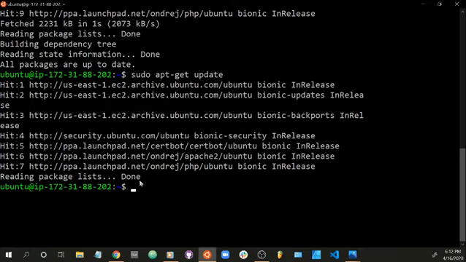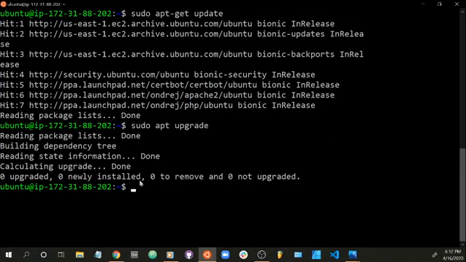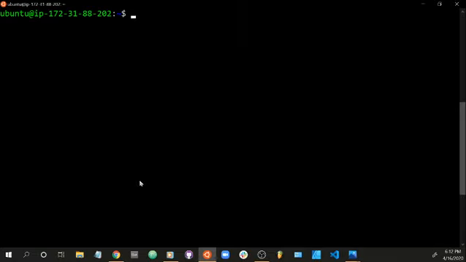It's like riding a bike after a while. Sudo apt upgrade. It's probably gonna say everything is updated because I just finished updating it. Let's see.